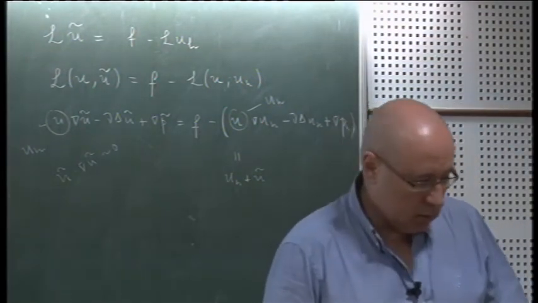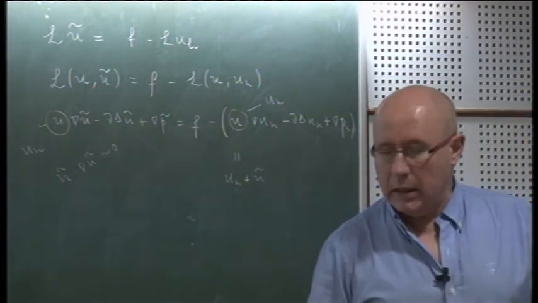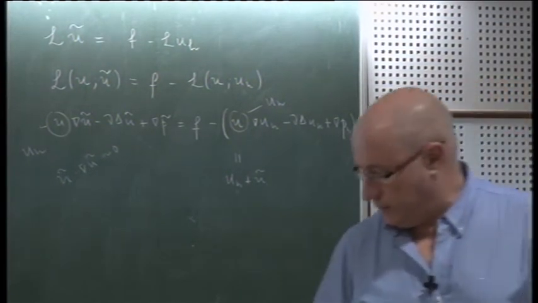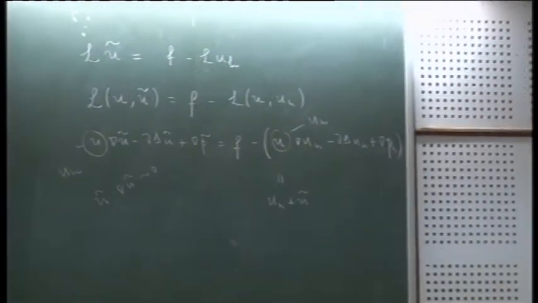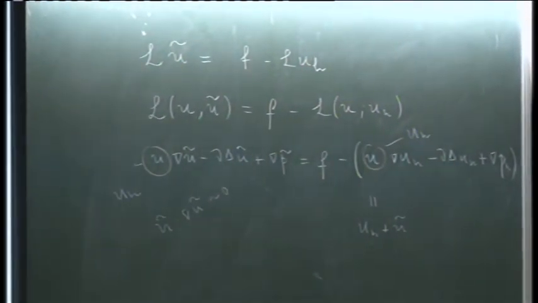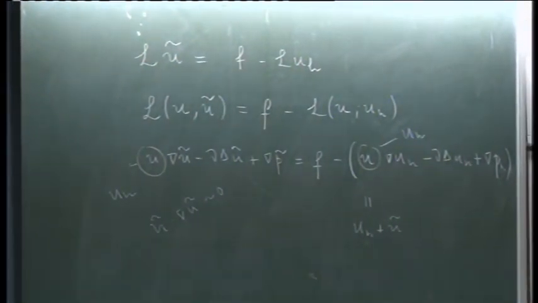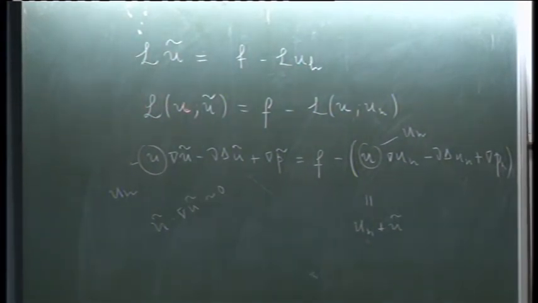So in general, in 90% of the publications in this field, you will see that the equation for the subgrid scale is linearized around the finite element solution, okay? It's linearized around the finite element solution. So here, instead of putting u, you put uh. Well, we don't do that. I will explain when finishing the Navier-Stokes equations, we don't do that. That's one point. Second point,